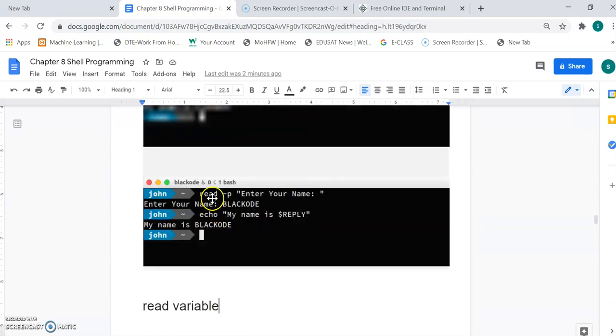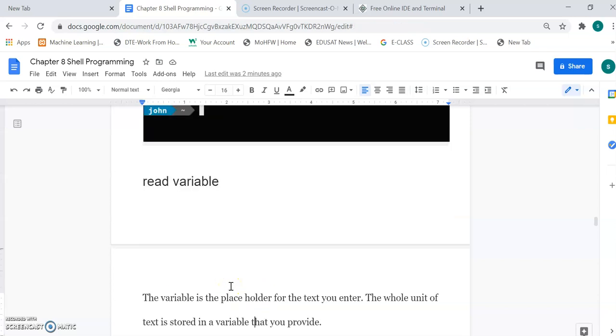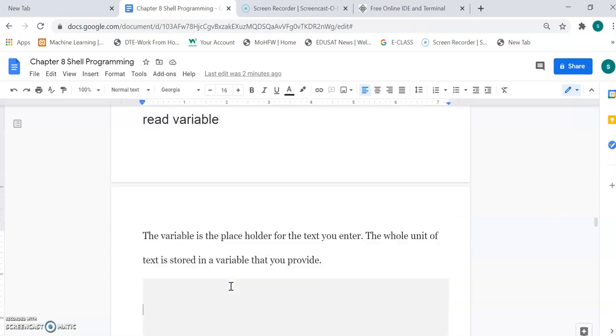For example, read -p "enter your name". Now see here, "enter your name" has been printed, and in front of that you just have to type the information. Write down the name, and if you want to see it, use echo my name is $REPLY. You know that REPLY holds the data entered by the user and stored by the read command. So my name is what was typed, and that will be printed on the terminal with the help of the echo command.